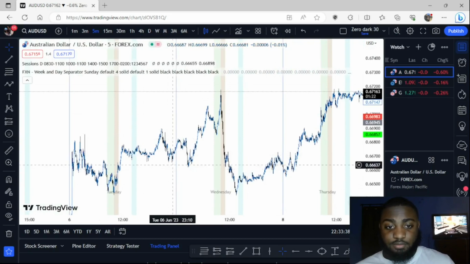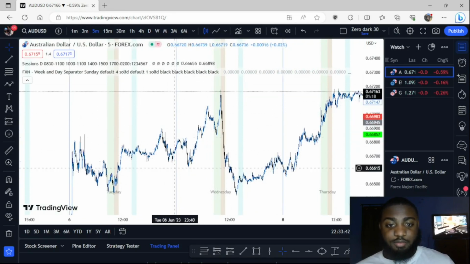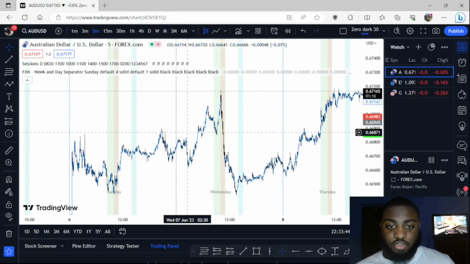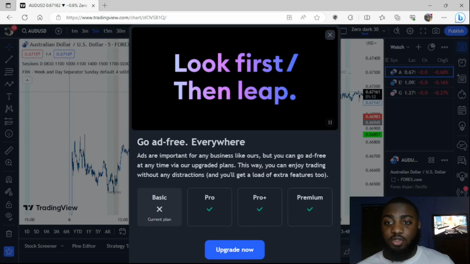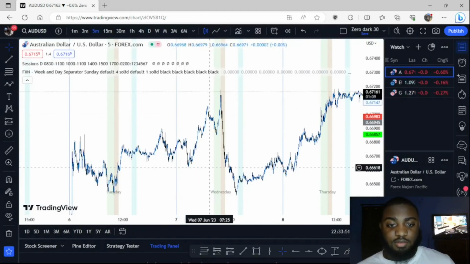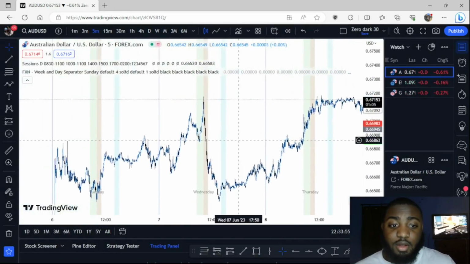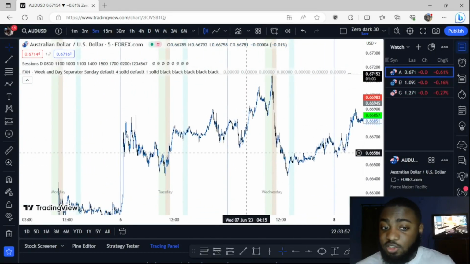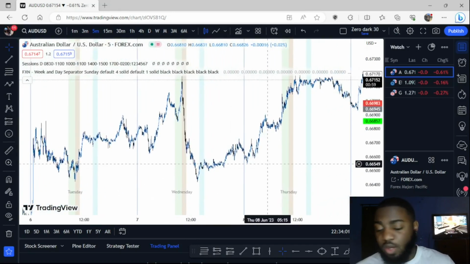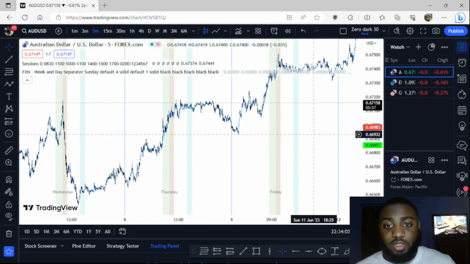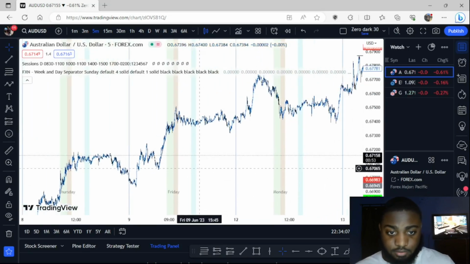See here, we had a reversal. We took out all of this structure bullishly from the London session. So we took out the London session liquidity, and we came back down and took out the London session sell side liquidity. So liquidity rests above and below sessions. It rests above and below relatively equal highs and equal lows, and it rests also along trend lines.